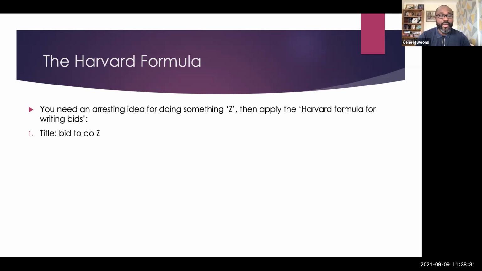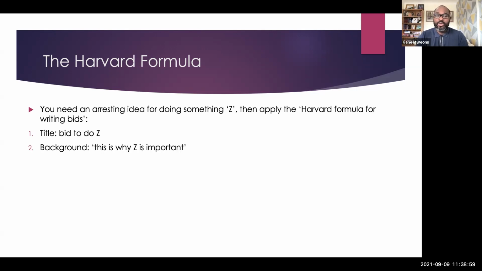The title of the bid is to do Z, so your title always has to include the Z. For example, our workshop was pitched for early career research in practice-based research, and that had to be reflected in the title of our project. So your title has to be about the bid to do Z, which is what the funders want, and what your own research questions try to address.